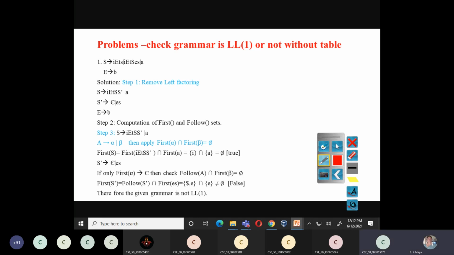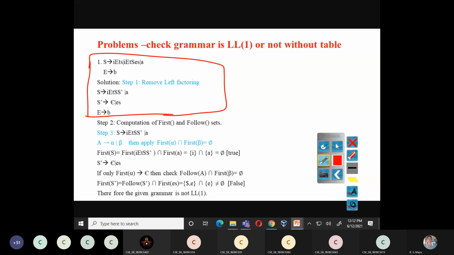Shall we go for the next slide? Ma'am, all this is one question. What is given here is only one question, so don't write anything. I just told you to write this much. Don't write anything, take down the problem. This is the problem, applying left factoring. Don't write it. I will solve the problem; later you can see your slides.